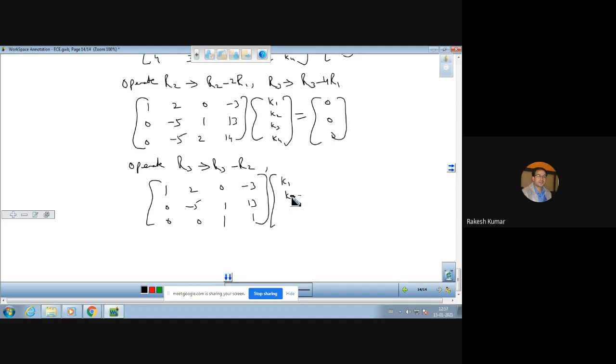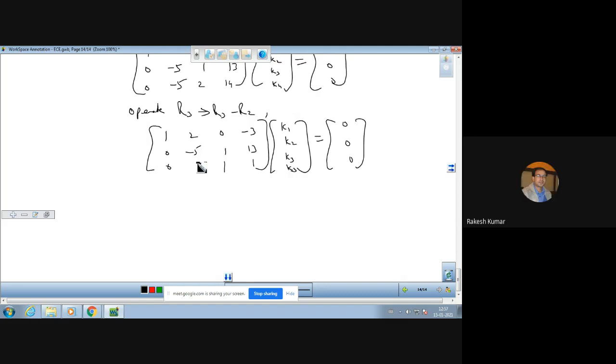So this is K1, K2, K3, K4 is there. 0, 0, 0. Now, further, if you want to make this as 0, you will not be able to do that. Because if we try to make this 0 by subtracting the third row with this second row also, so 1 minus 1 will become 0, but then again 5 will come here. Because 0 minus minus 5 will give you 5 here. So we keep it here and we shall write down the system of equations now.